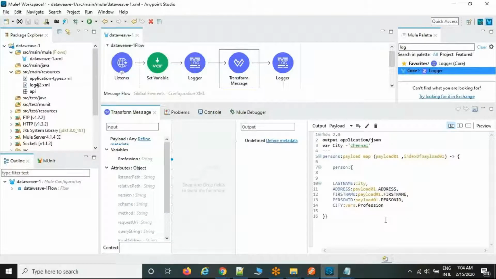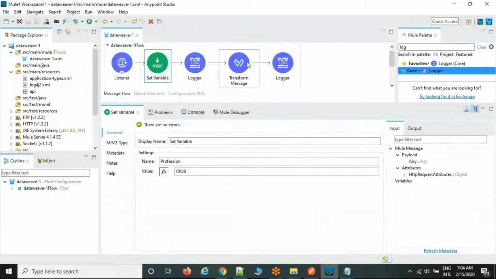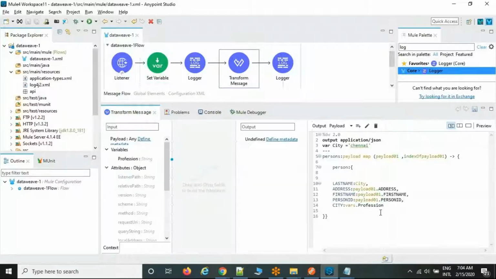So this is also one more approach, because I have created one variable and they are suggesting I just reuse this in the DataWeave code, and don't use the hash bracket, only the key value needs to be written here. This is the type of variable. What is the key here? Profession. What is the value of the key? IT job is the value of the key.